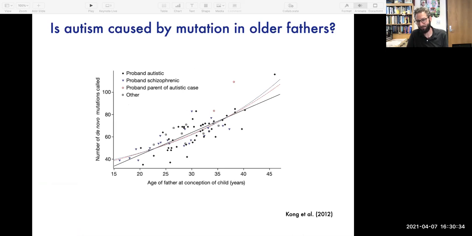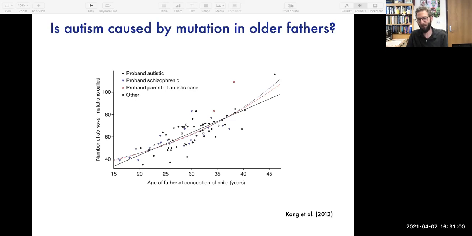a child with autism than younger human fathers. And one proposed reason is that they're leaving more mutations, right? So if de novo mutation from the father is driving autism, you would expect this relationship. And it turns out that Rhesus macaques are a model organism for autism and